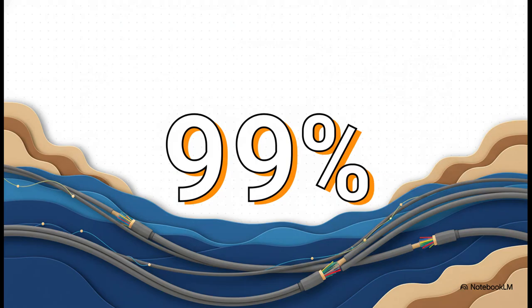And speaking of that physical highway, here's a fact that might just blow your mind. When you think of global internet, you probably think of satellites, right? Wrong. A staggering 99% of all international internet traffic travels through about 500 massive submarine cables laid on the ocean floor. We're talking a physical network of garden hose-sized, steel-protected fiber optics connecting the entire world.